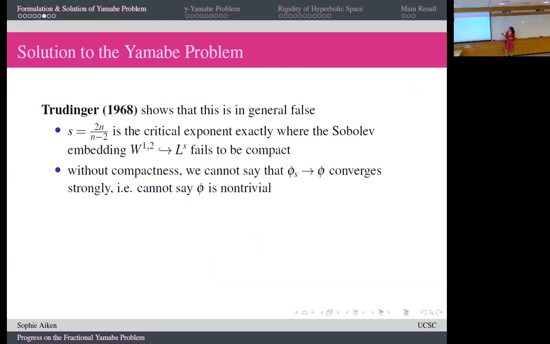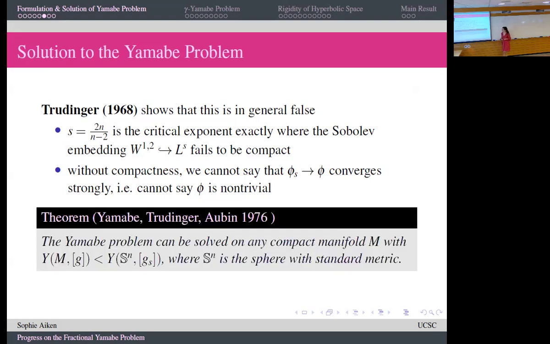But that's not the case, because as the name would suggest, we're calling this the critical exponent, because it's exactly the exponent where we fail to have compactness of the Sobolev embedding here. So just taking the limit of that sequence does not work to give us a non-trivial solution to the problem, or to guarantee a non-trivial solution. So to sort of overcome this,